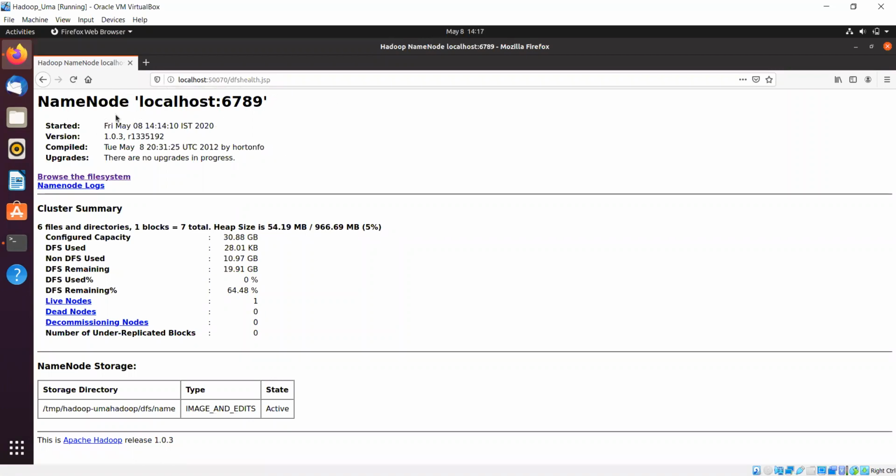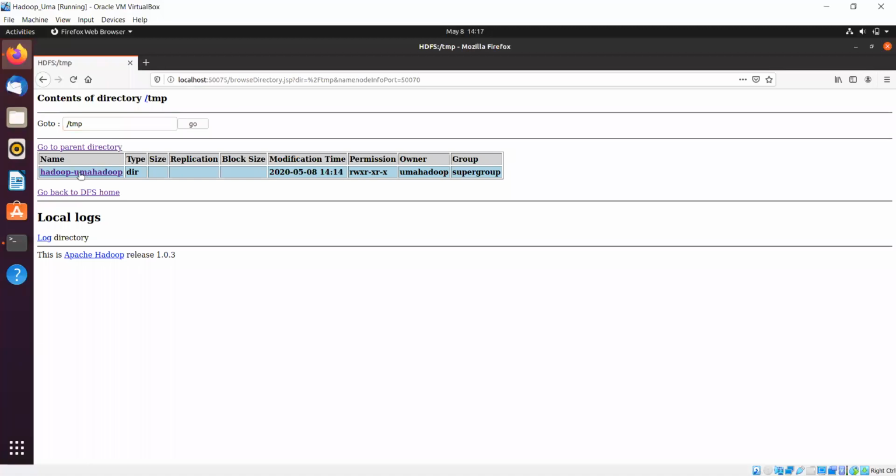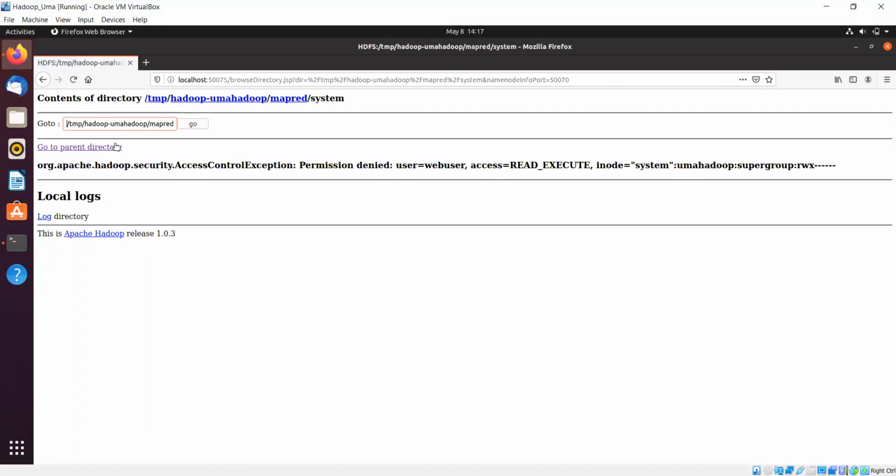As we have configured name node at localhost:6789 and the file system, if you refer to the file system, up to now we did not create anything. It is just used as tmp, hadoop, the subfolder, and map reduce information.